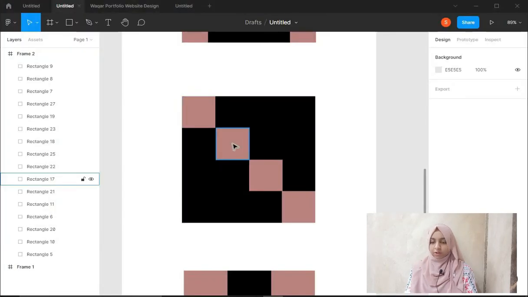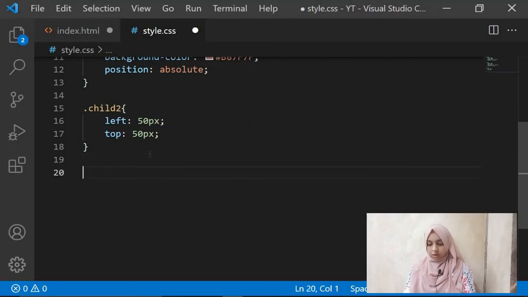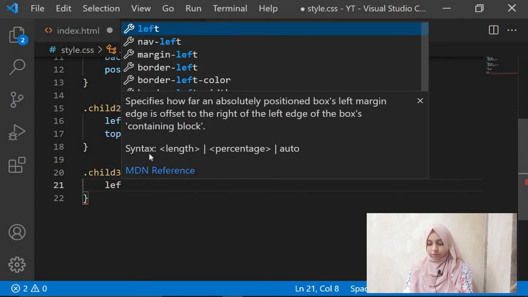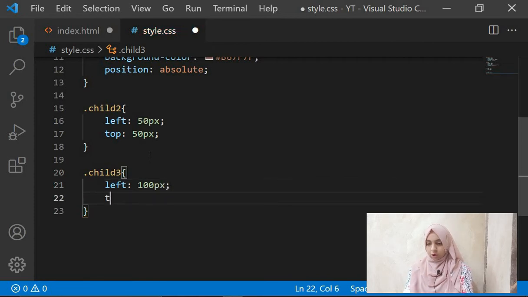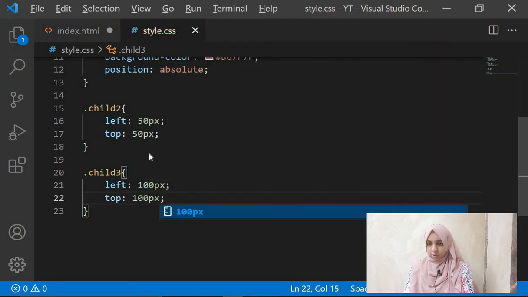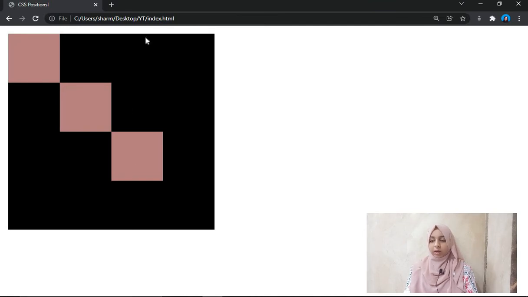And you refresh. Can you see we get the first div in its place? I guess this brought something to your mind about how you can set these two divs. So now if you get an idea how you can do this, you can also pause the video, try it out, and then come back again. So the third child over here, what we can give it is a left of 100 pixels and a top of 100 pixels. You save and you refresh. Can you see it's here? Why? Because it is 50 pixels over here and more 50 pixels over here, so we need 100 from top and 100 from left.